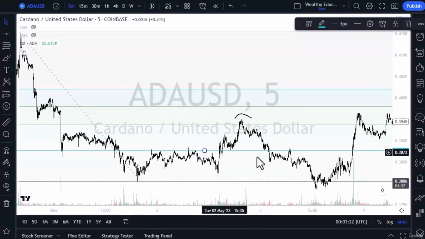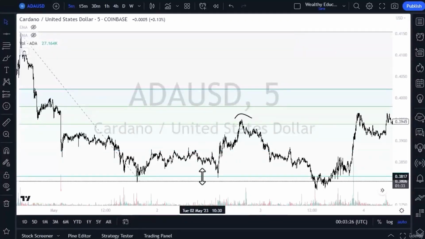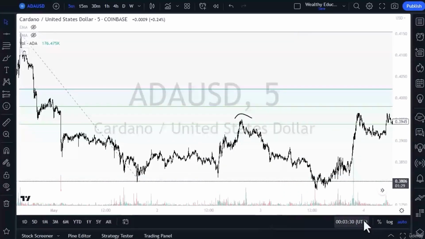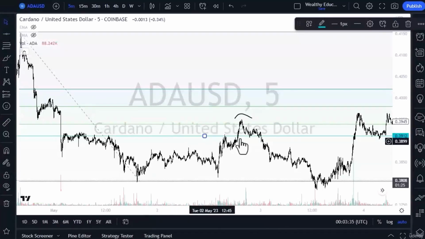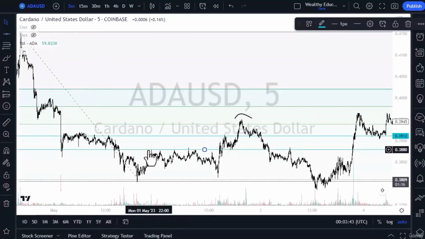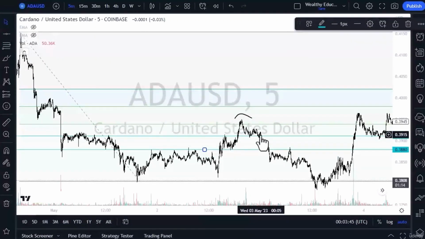You could also look to this area here. As it was previous resistance, it should be support, and it was for a little while. Or you could look down to here. Now, all of those would have been hit. So most of the time, in a situation like this, the smart thing to do is once you get past this area, move the stop loss to break even. Once you get down below this area, move your stop loss down to this line. Once you break down below this line, you're aiming for this, your stop loss goes above here, and you just